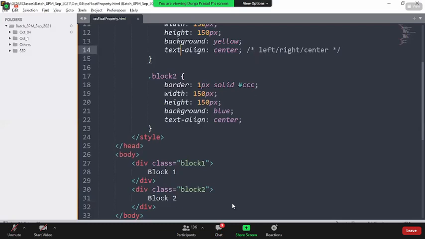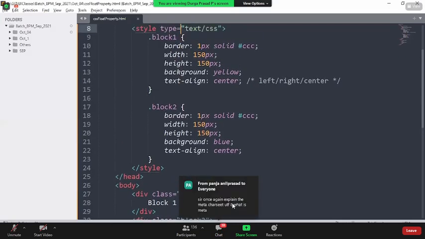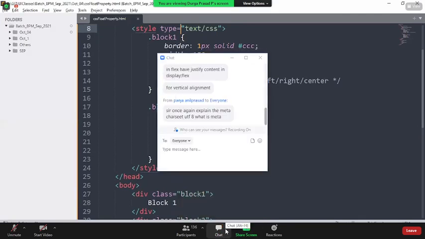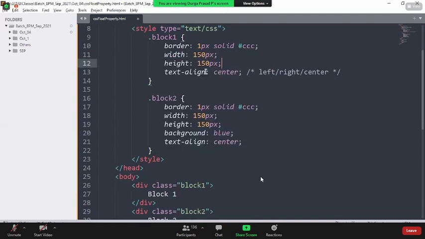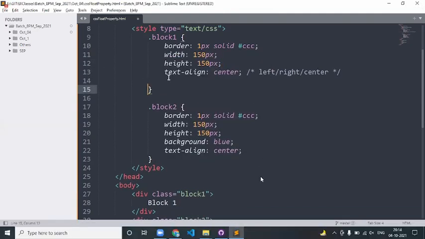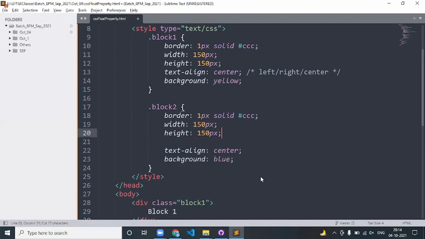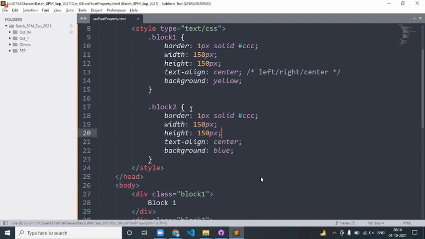If you clearly look into these classes, am I not unnecessarily rewriting the same piece of code other than the background color? If you remove the background color property, every other property is going to be the same. Both have the same properties, but the only thing changing is the background color.